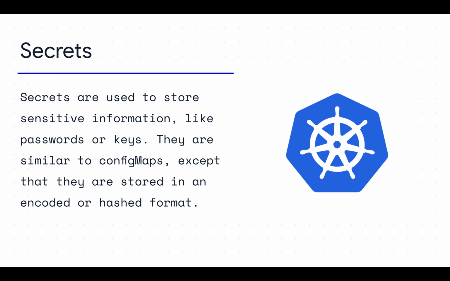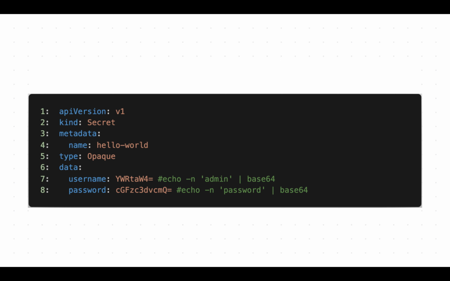So secrets are used to store sensitive information like passwords, keys, tokens, and things like that. They are similar to config maps, except that they are stored in an encoded format. Basically, secrets are base64 encoded. Since this is general knowledge, it's not advisable to encode this and then push to GitHub. Since everyone knows it's basically encoded, it can be easily decoded at any point in time. So if you must use a secret, it's not advisable to commit it to version control.